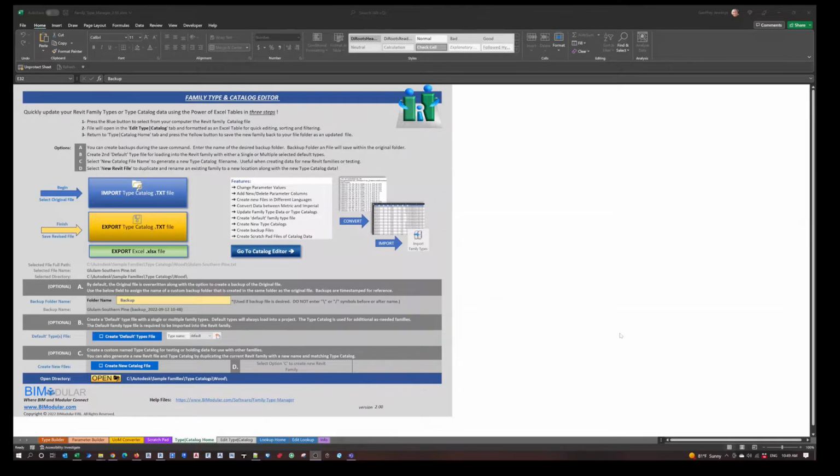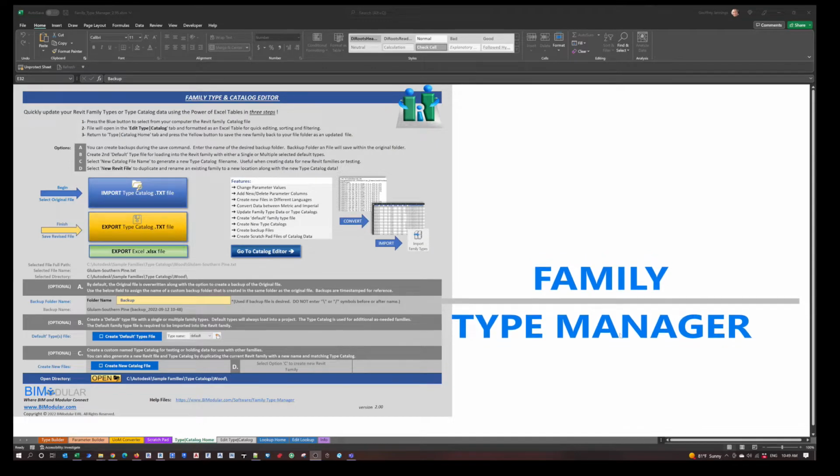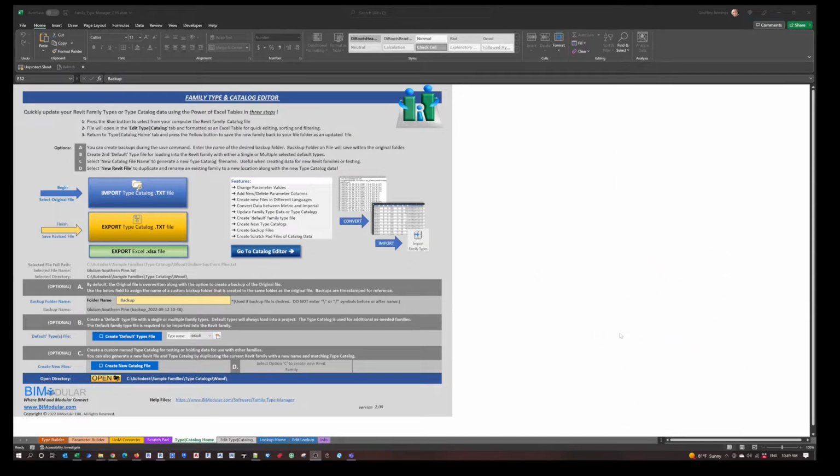This video covers Family Type and Catalog Editor, which is part of the Family Type Manager application. This is a very robust solution to managing your Revit type catalogs. It allows you to, at the click of a button, import type catalogs into Excel, do data manipulations,